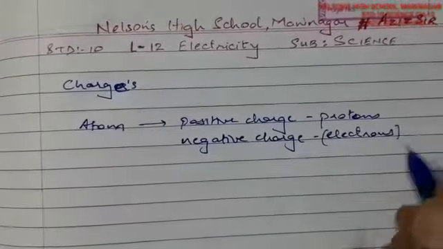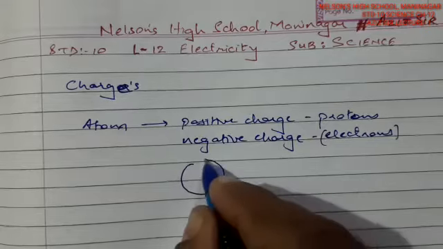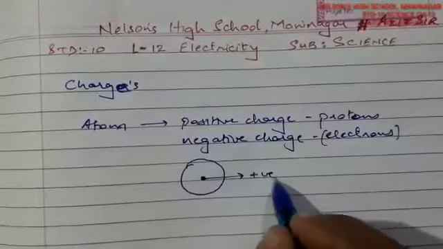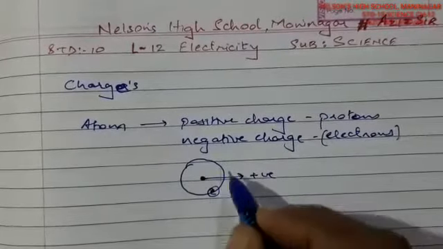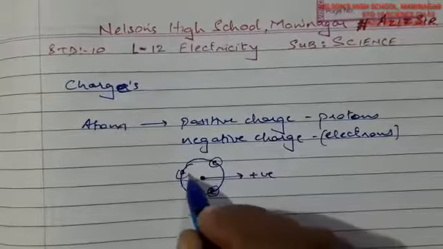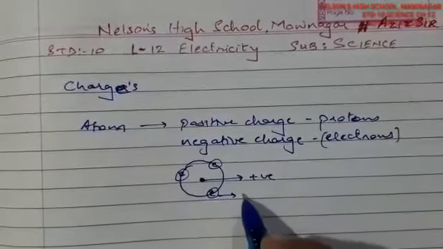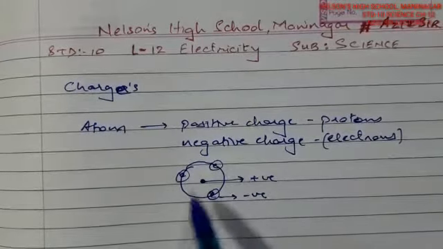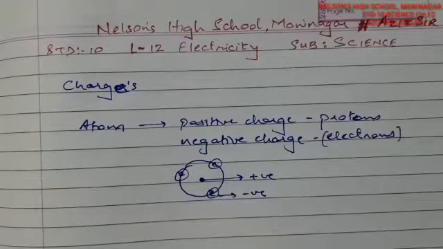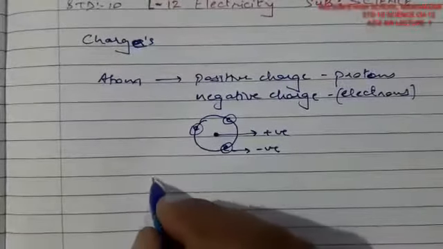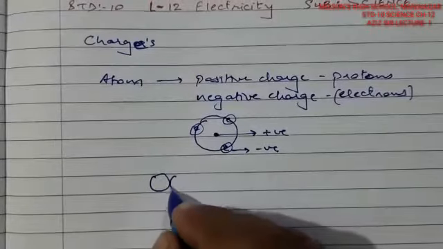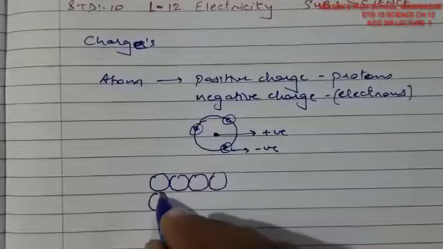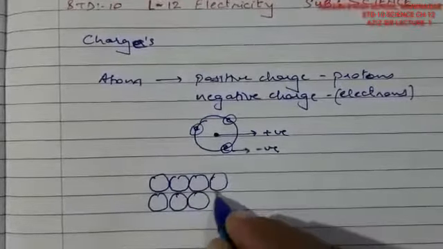If I draw the structure of an atom in a spherical form, the nucleus is at the center, and this is the positive charge. The electrons are rotating around the nucleus, so this is a negative charge. That means electrons are free from the nucleus and rotating in the surrounding. These nuclei are in the lattices. Lattices means a structure where the different atoms are bound to each other.